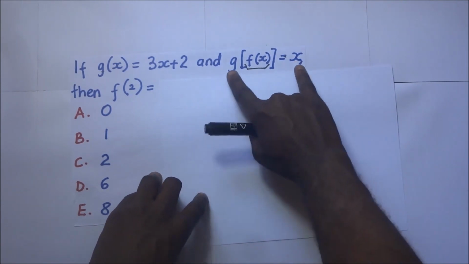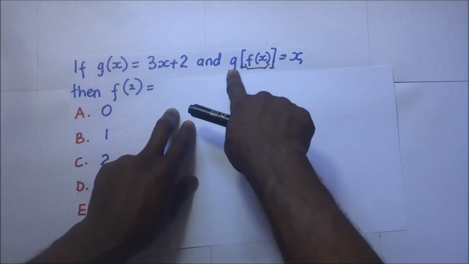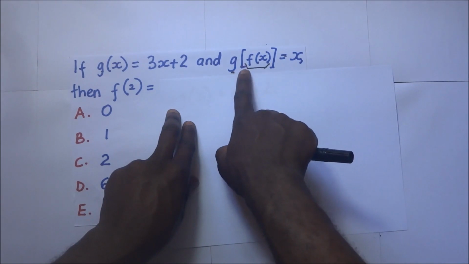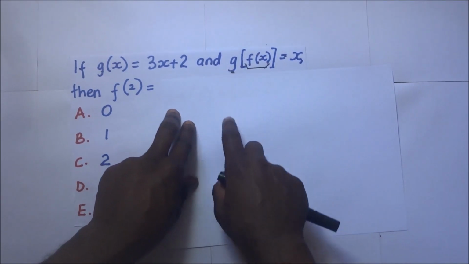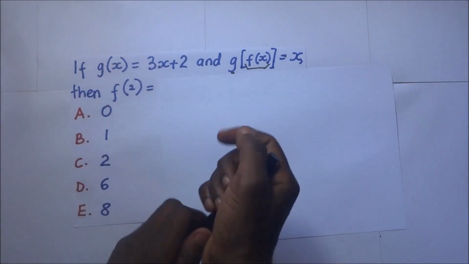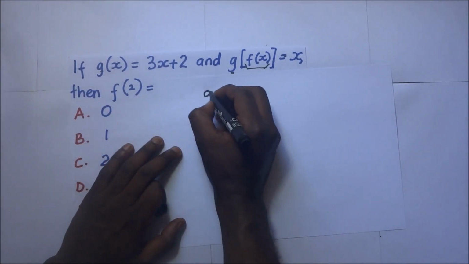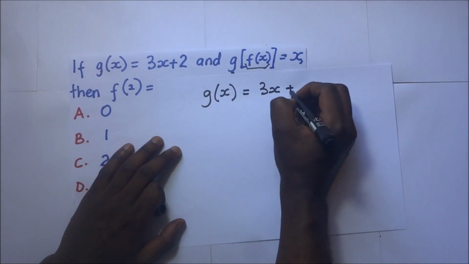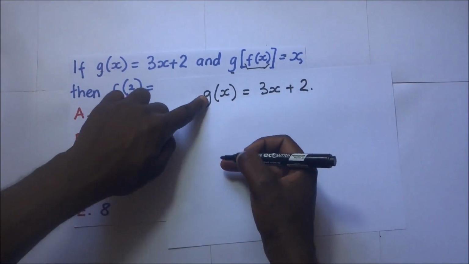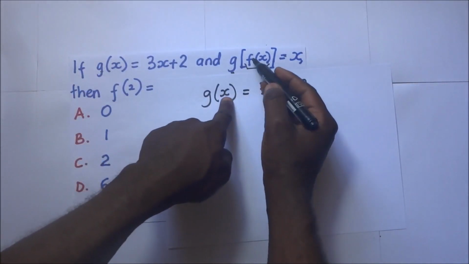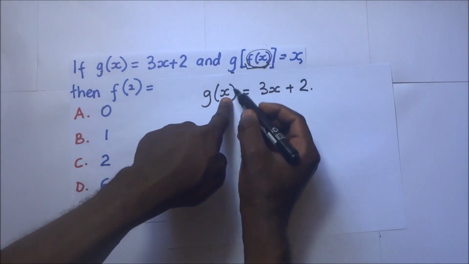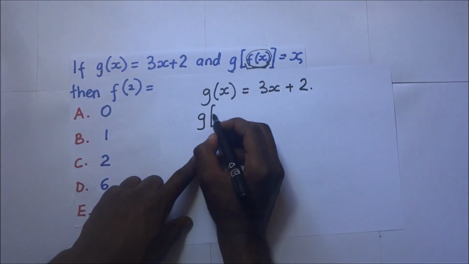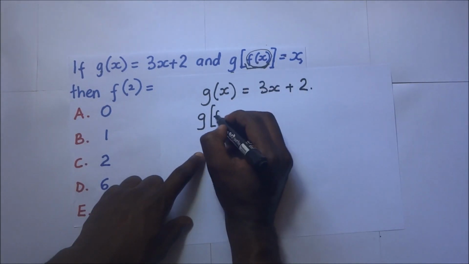So again, what we do, we shall start with our original expression. This is a composite function where g is the one outside, and we are having the function f inside the function g. The function g of x is given by 3x plus 2. Now, when we put in the place of x, that is inside the function, we put there f of x. So in the place of x, we are going to put this expression f of x. So g of f of x